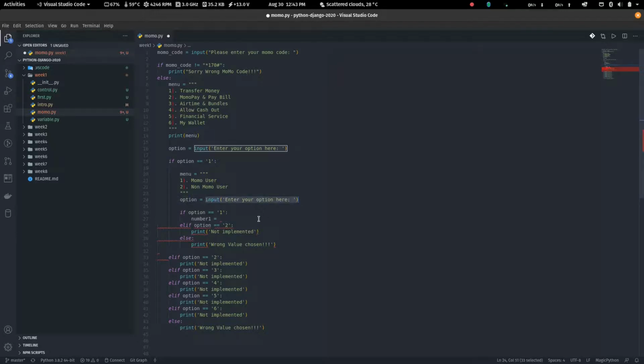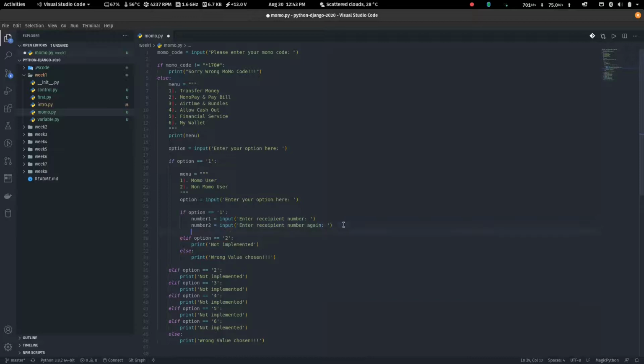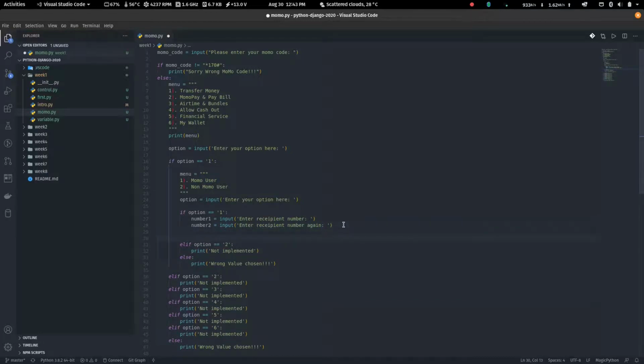Enter recipient number, and then number 2. Enter recipient number again, right? Now what we need to do is that, usually in MTN mobile money, if you enter one number and another number and they are not the same, what will they do? Yeah, they'll say that the two numbers don't match. Try again. So if number 1 is not equal to number 2,